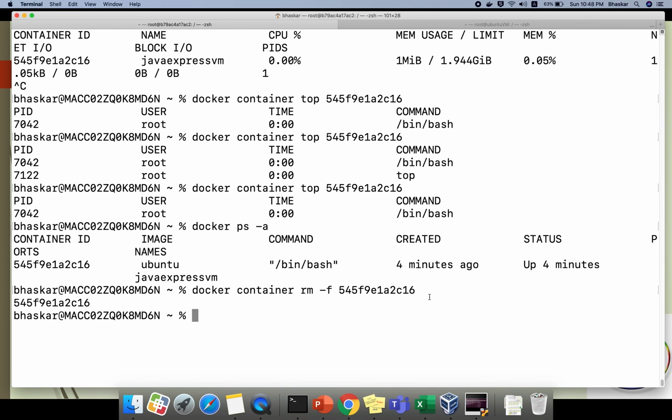In the next section I will discuss one good concept. I want to highlight one point. Containers are immutable. That means if you have some data inside your container and you remove the container, you never get the data back, right? This is one of the drawbacks of the container. Due to this problem, they introduced one more concept, Docker volumes. We will see it in the next section.